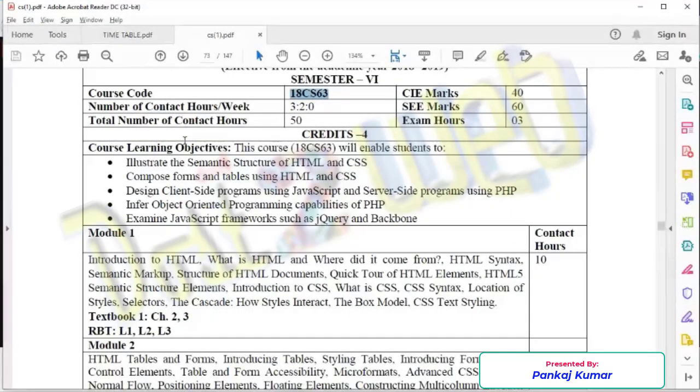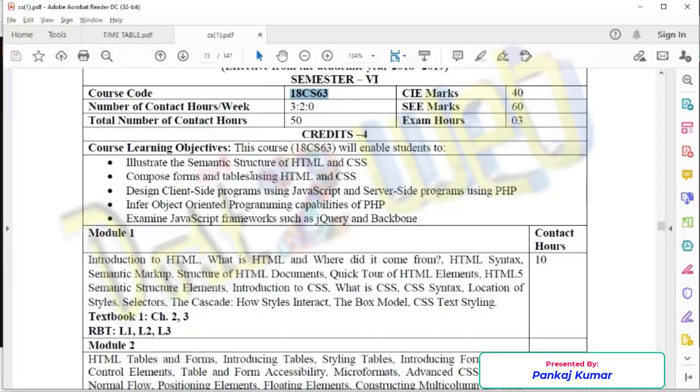What is the course we are going to learn in this? This will give you an idea about the structure of HTML and CSS. You'll be able to create forms and tables using HTML and CSS.